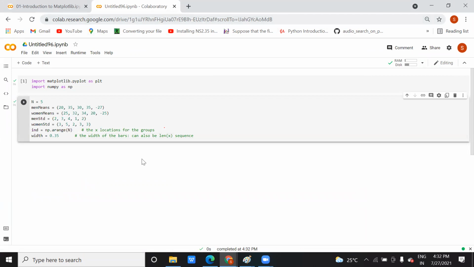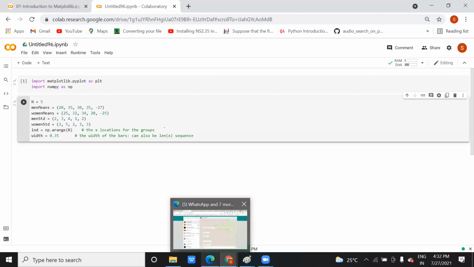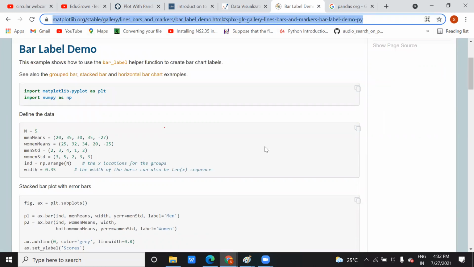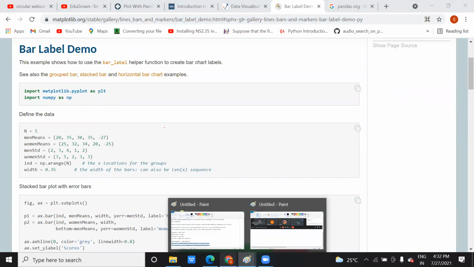If you want to try parallelly, you can try with me also. Let me share the link first. You can open the Colab and just try it.